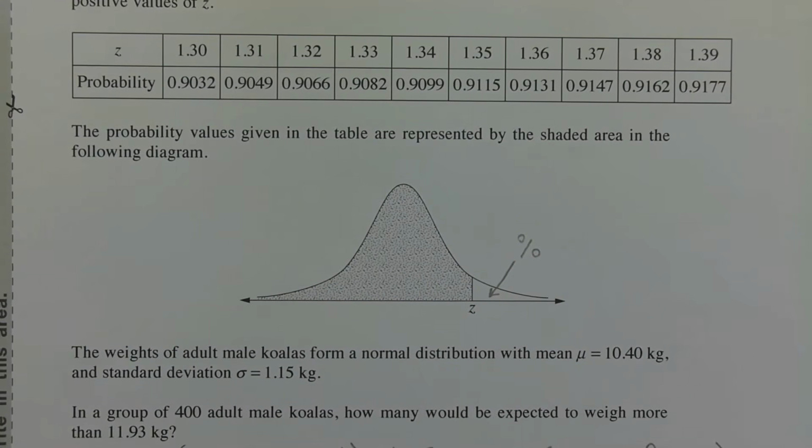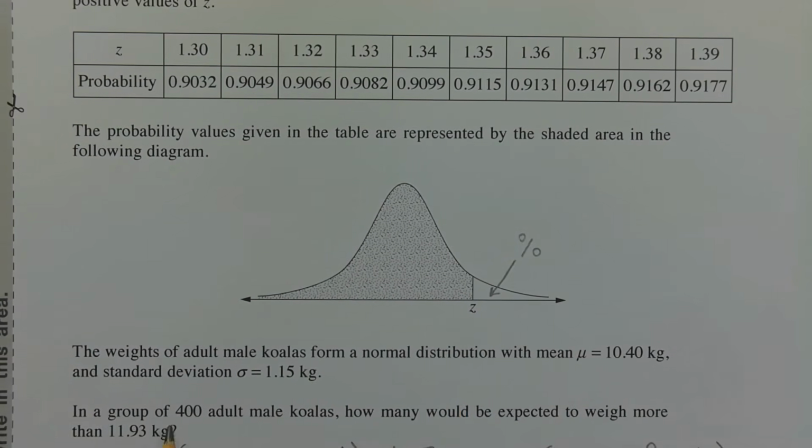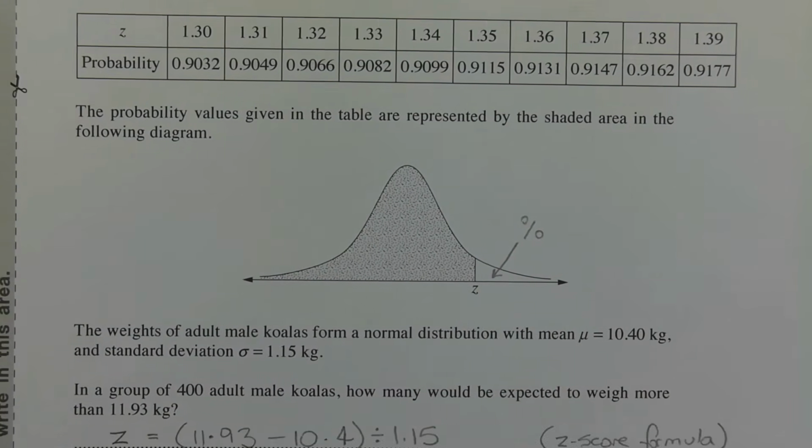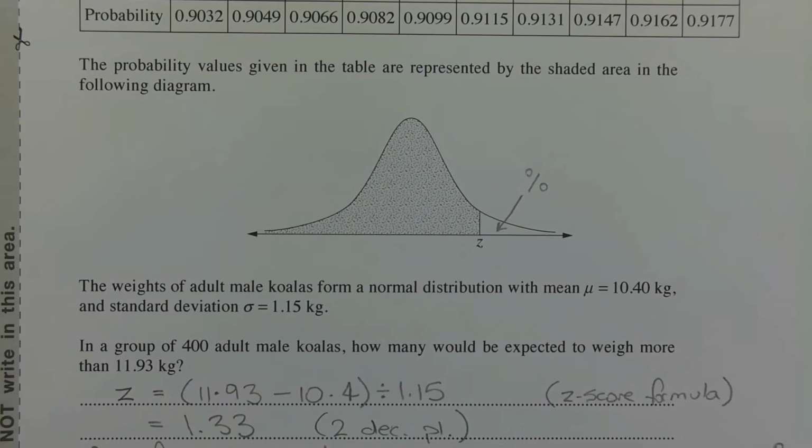But the first thing we need to do is to work out what the corresponding Z score is for this raw or actual score of 11.93 kilograms. Then we can proceed to find this percentage that's represented by the unshaded region, or the percentage that lies above Z. So using the Z score formula, that is raw score minus mu divided by the standard deviation, we have